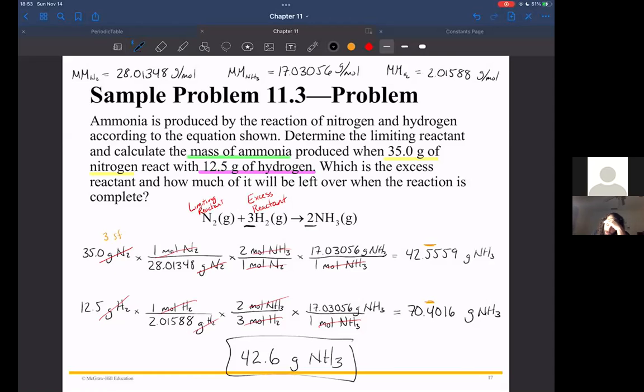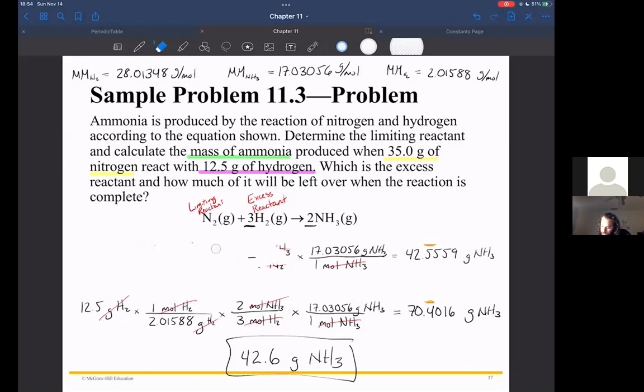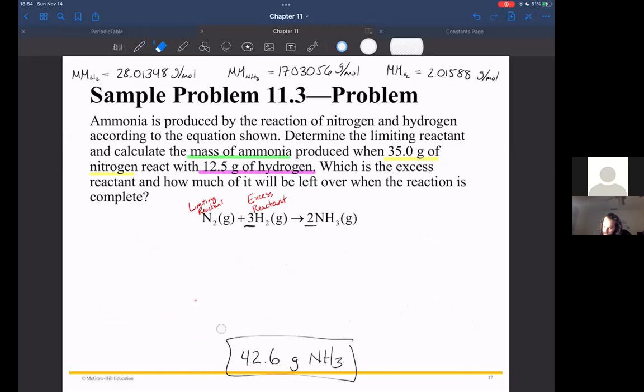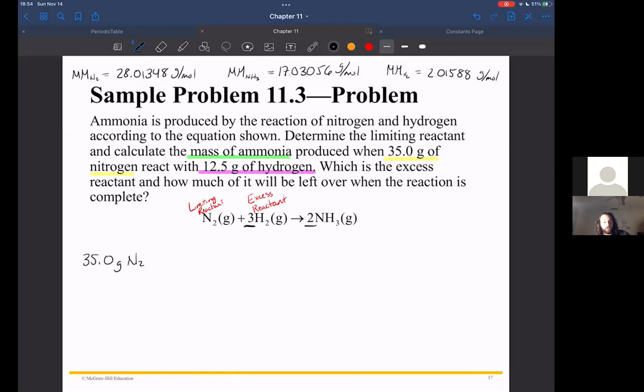Okay. So again, I'm going to have to make room for myself. You can always rewind if you want to see these calculations worked out, but I got a limited amount of space. So I'm going to have to start over here. I will keep my excess and limiting reactant labels because that's what I'm going to need. So I want to figure out how much hydrogen is actually consumed. Well, I know all 35.0 grams of the nitrogen are consumed. So I can figure out if 35 grams of nitrogen is consumed, how much hydrogen is consumed along with those 35 grams. So I'm going to start this off the same way, converting from grams to moles,